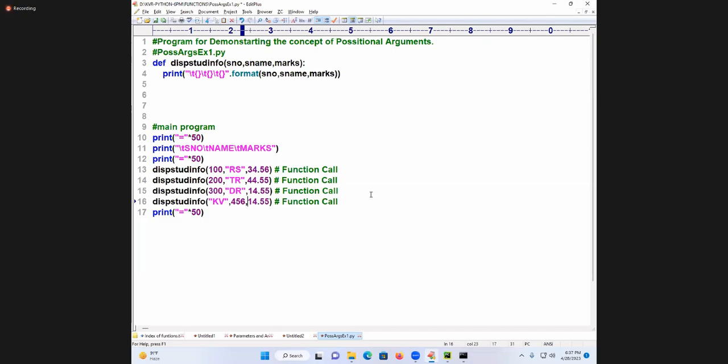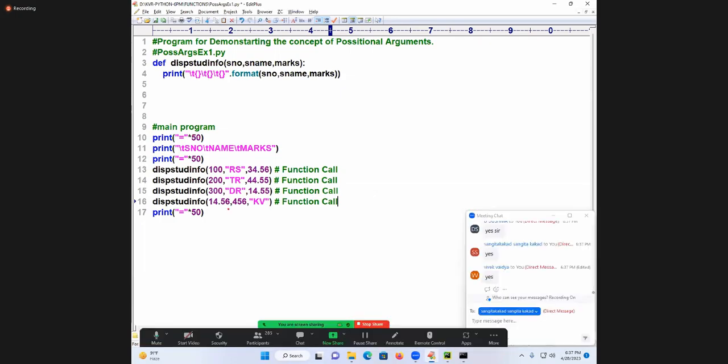Are you following me? So I am following something like this, or I will write 14.56 and so on, and here KV, passing like this. Try to see what will happen. My PVM will not say any wrong answer, because Python is a dynamically typed language.